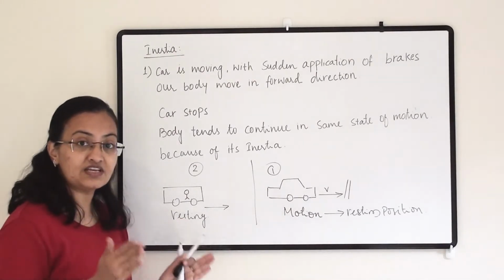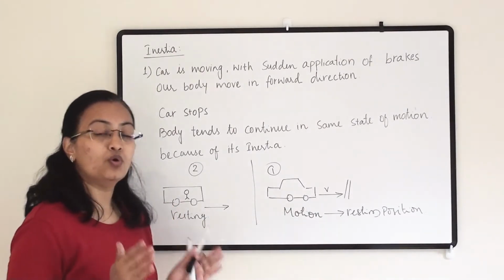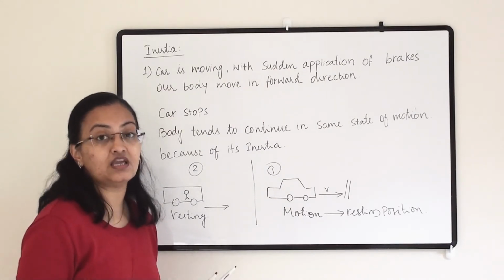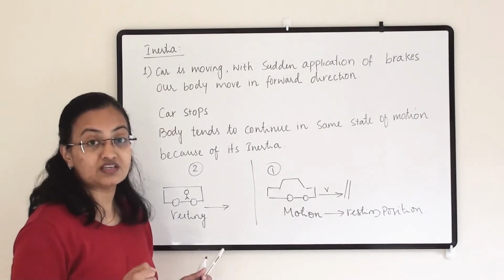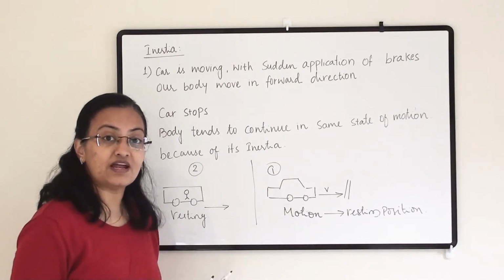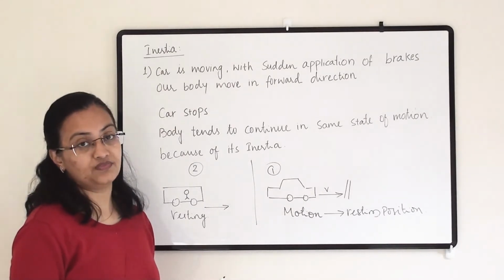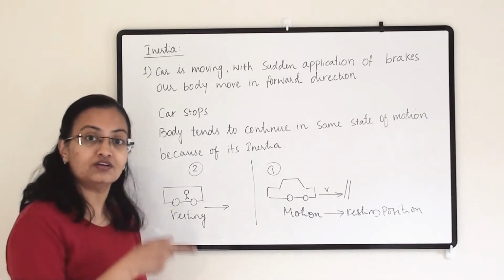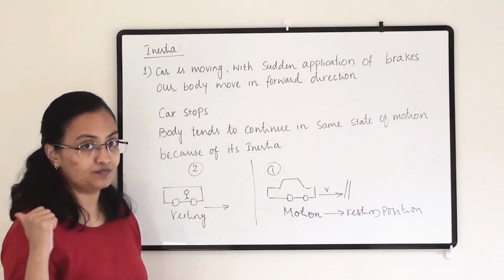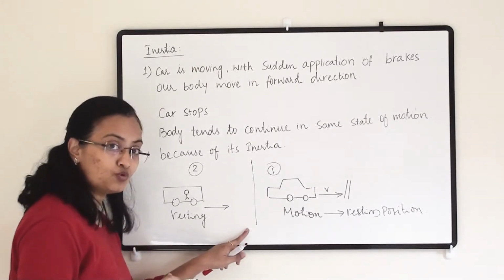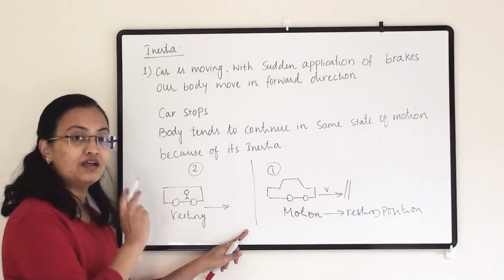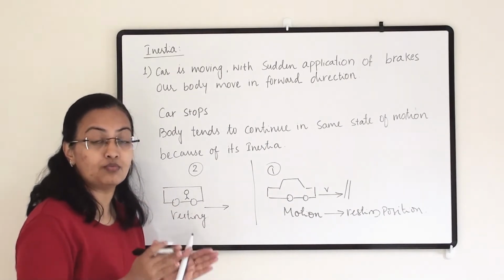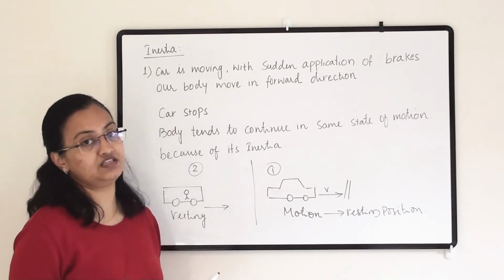And intentionally we hold our legs stiff on the ground and try to stay in our position. We are trying to stand firmly on the ground. If we are not doing that, then we may fall backward. Not to the front, we will fall backward. Why? Because the bus is moving but our body will remain over there only, because of our resting position, because our body's inertia was at the resting position.